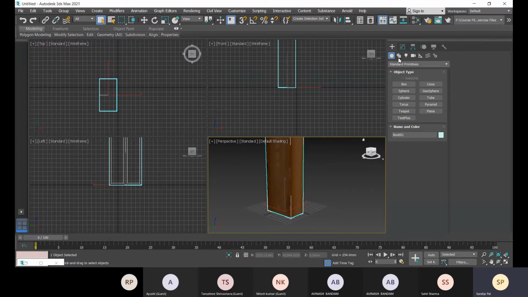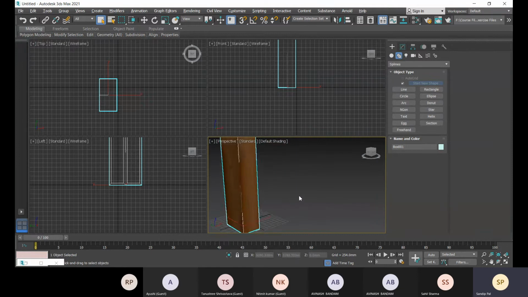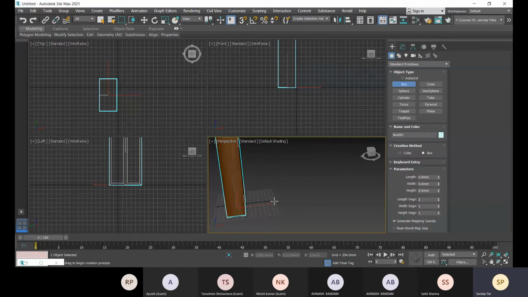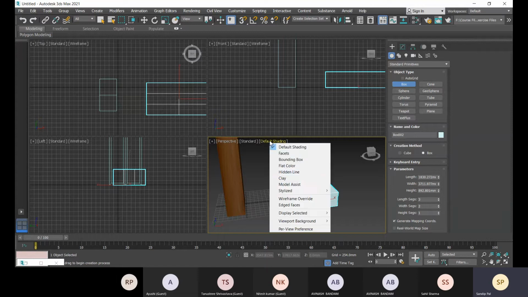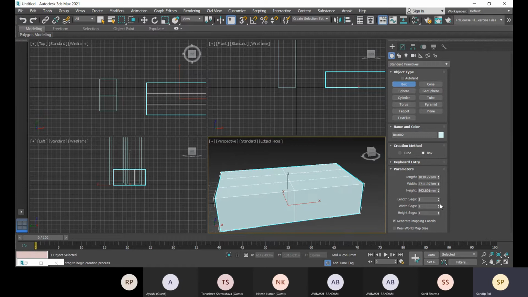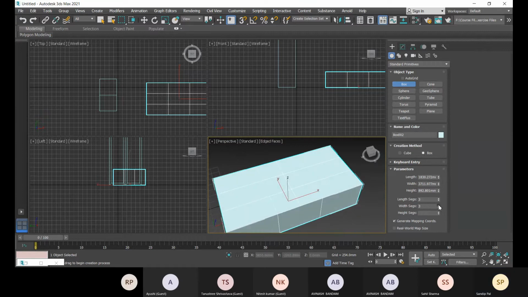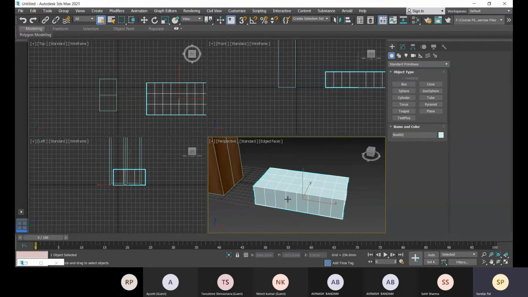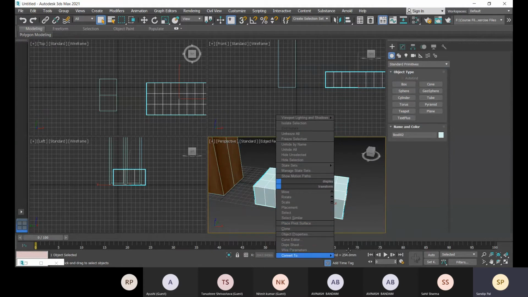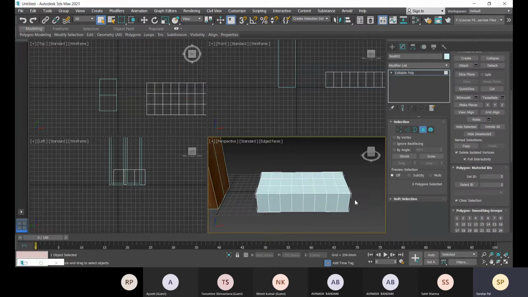So before that, let me create one box. Let's convert this to editable poly. Okay, and I will choose 4, the shortcut.